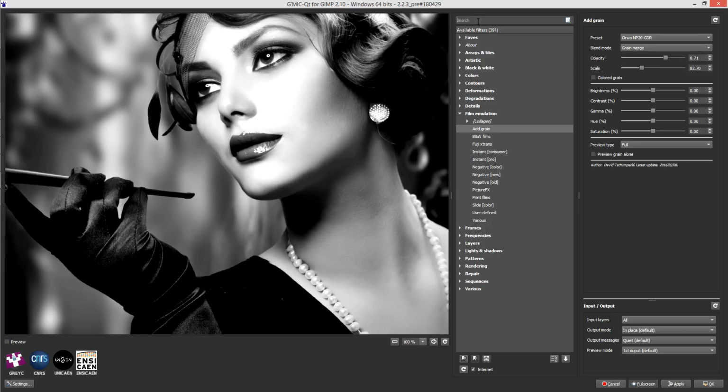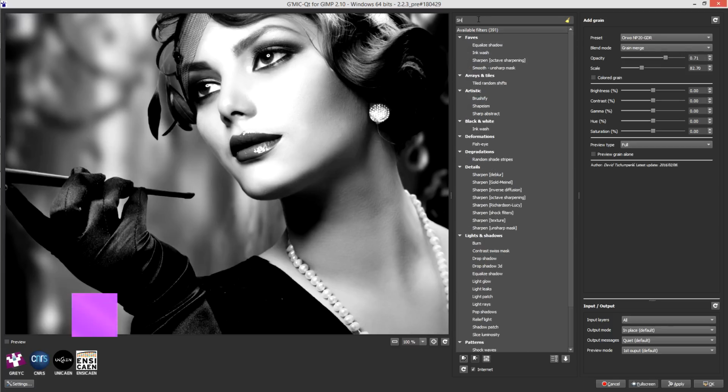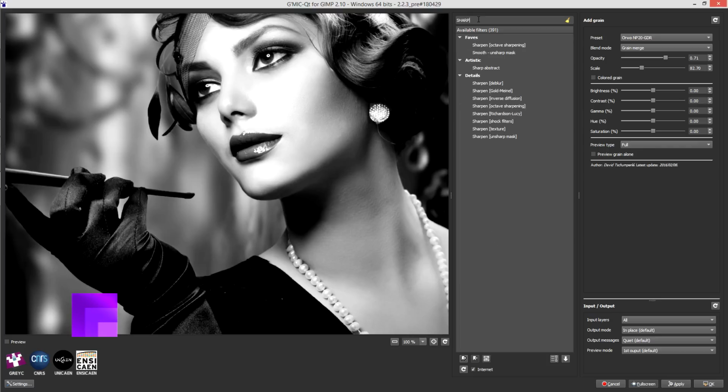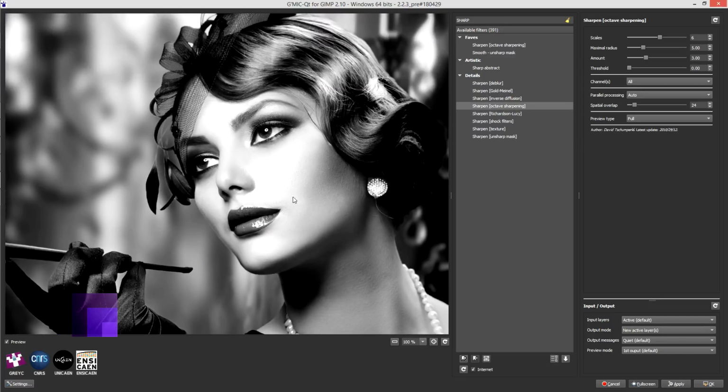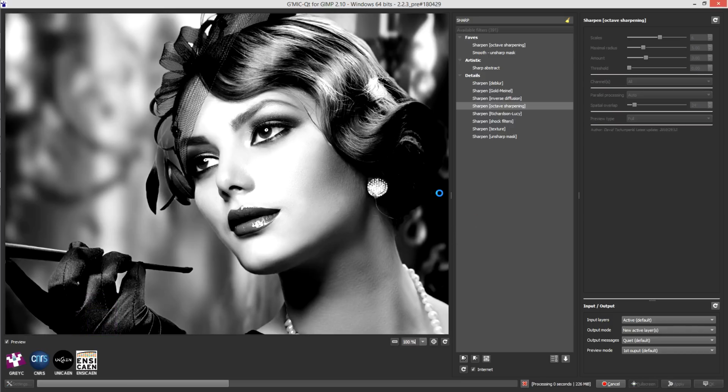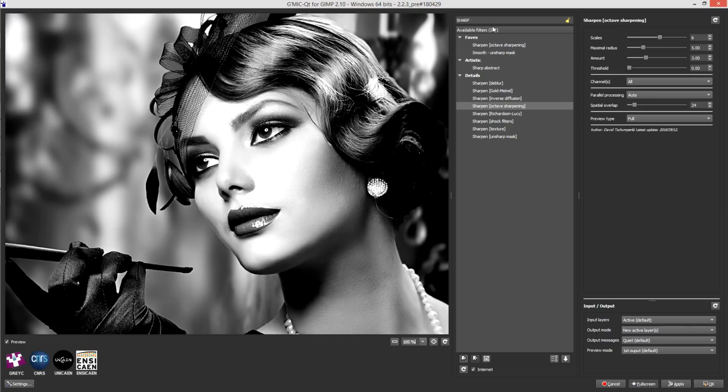We're first of all going to sharpen the image, so I'm going to type in sharpen, and we're going to choose octave sharpening. I'm going to go in for a very, very gentle sharpening. Let's preview it. You probably won't be able to see much on the screen, but it's just going to help to preserve some of the texture inside the image. I'm going to hit apply,